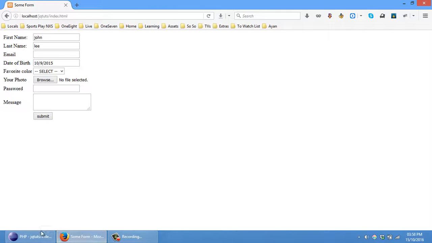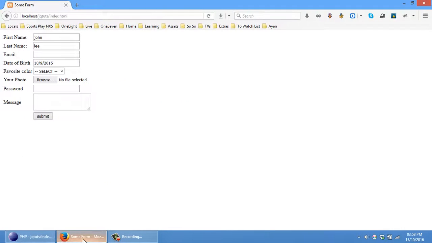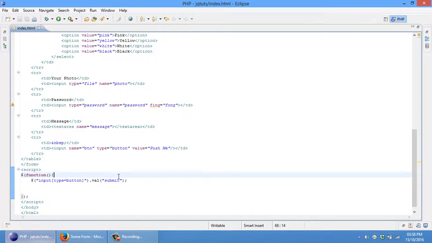Yeah, it has changed its value to submit. So let's do each of these selectors. For the button we have done this one. For input fields,